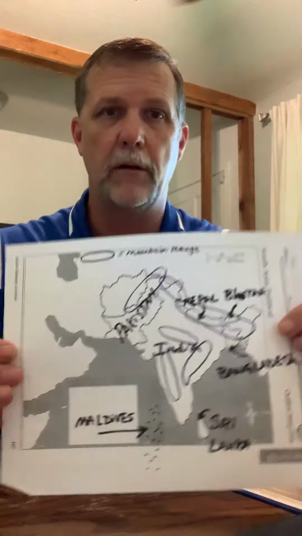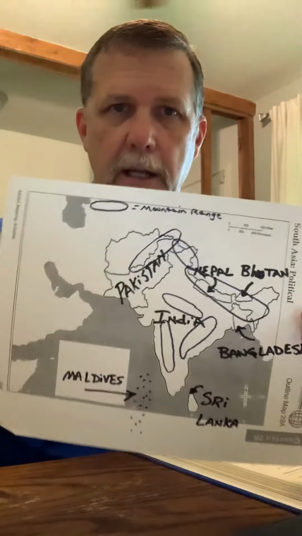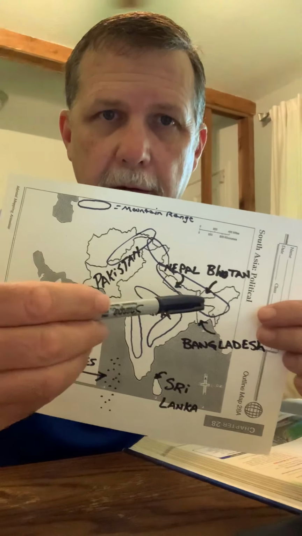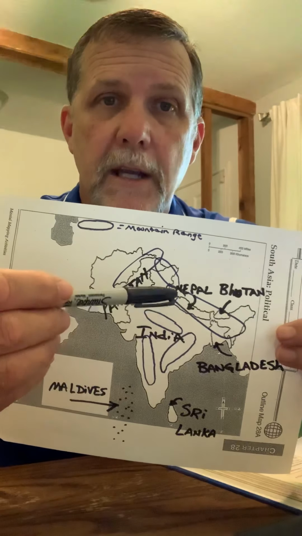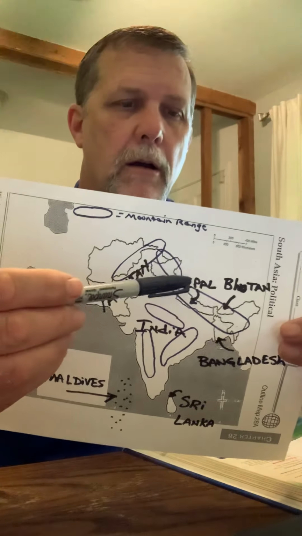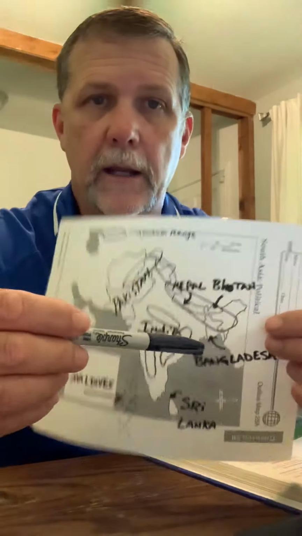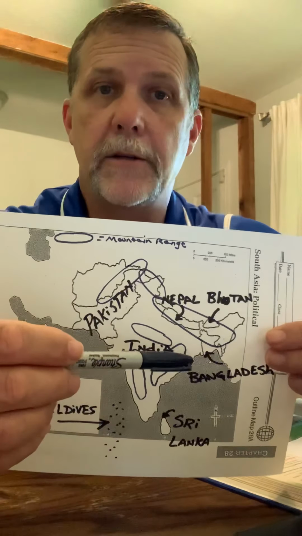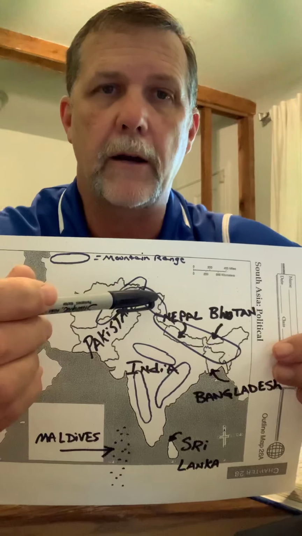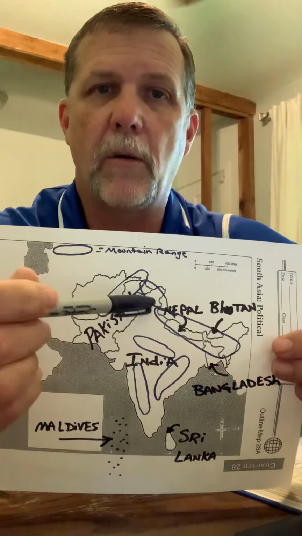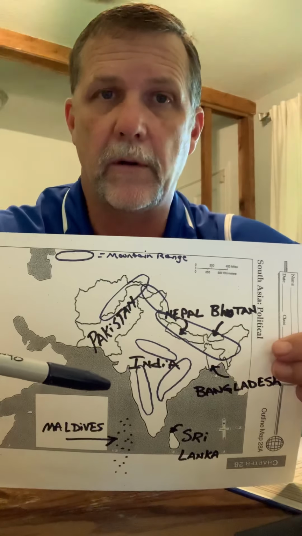And so, for example, if you look at this map where you see these circles, these are mountain ranges. And so they have the Himalayan mountain ranges, and this is the home of Mount Everest, as well as some other very high ones, that basically go all along the northern part of India, down through Nepal, Bhutan, that area. Remember those hermit or kingdom countries. And so you have the Himalayan mountain range, but you also have another one called the Karakoram. This is just to the northeast of India, and this is the home to the second tallest mountain in the entire world, K2.